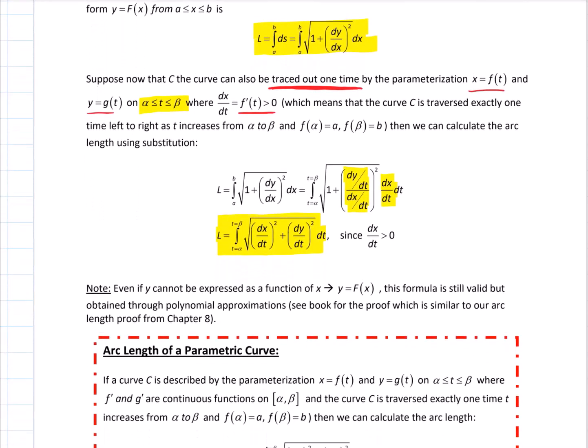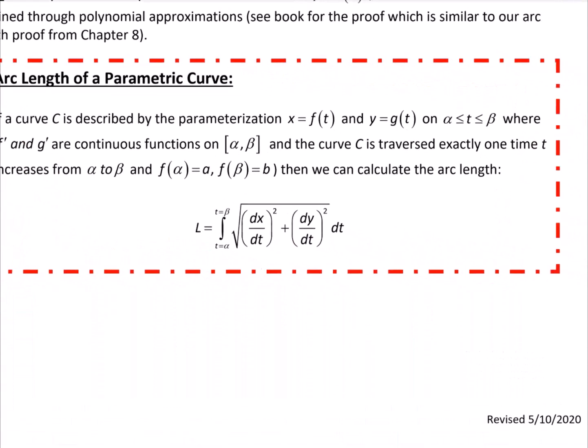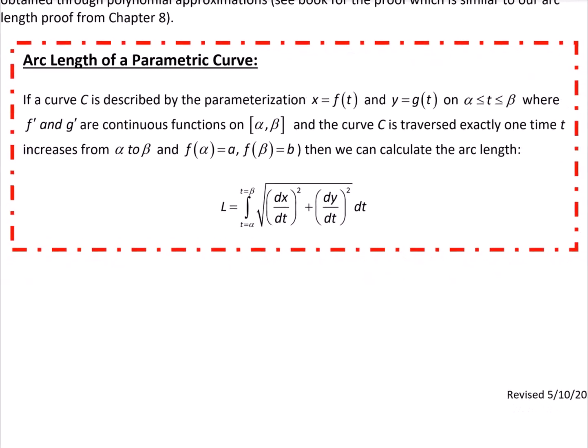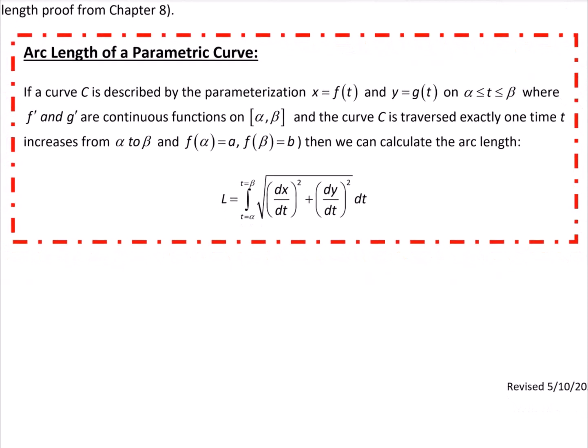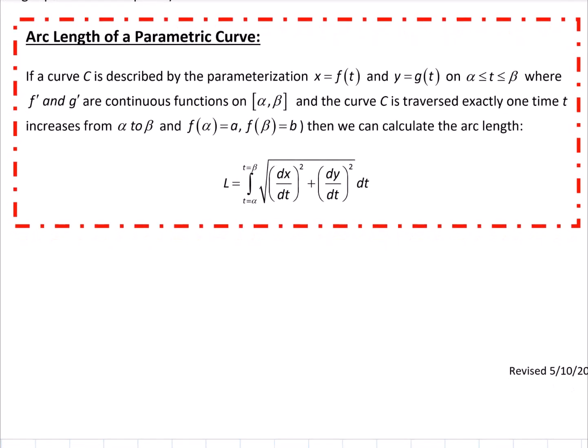Let's go just down to the actual formula. So that was a rough proof. It was a typed up proof to go for speed here and focus more on the examples in the videos. But here we go. So here's the arc length of a parametric curve